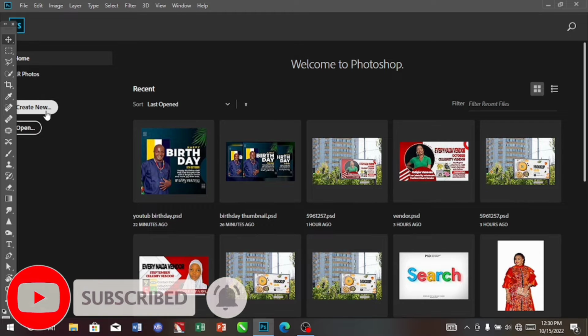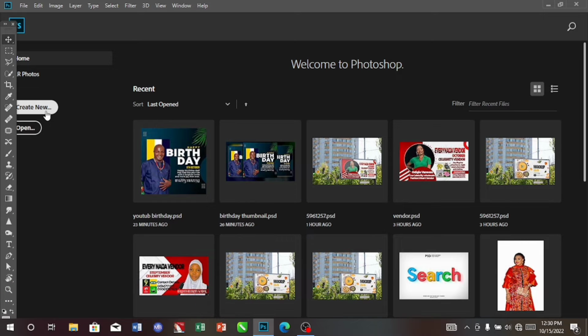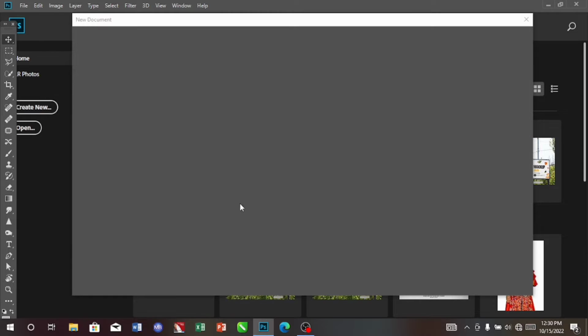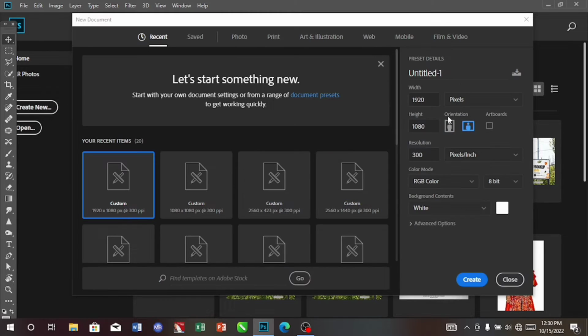Today we'll be designing a Photoshop birthday flyer, and the first thing we are going to do is to create our workspace. Click on create. When you click on create, then you set your workspace. We are going to make it